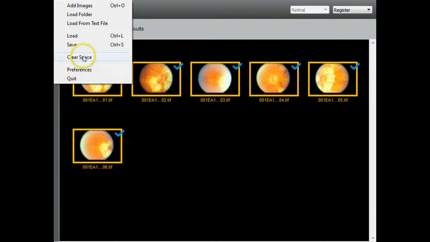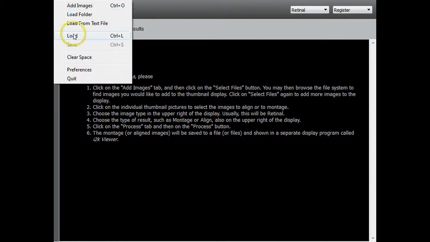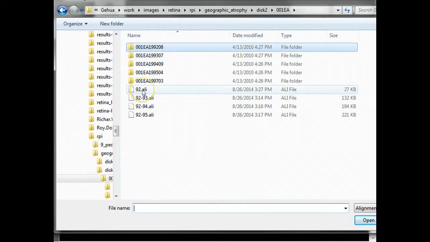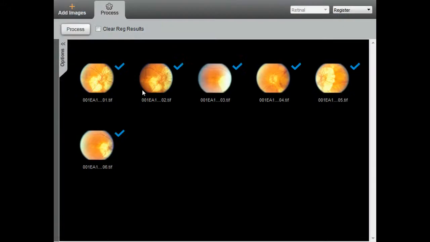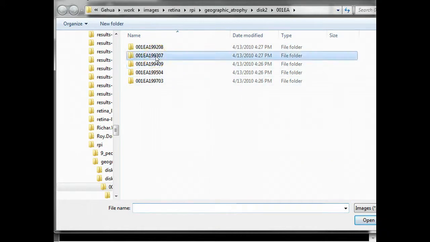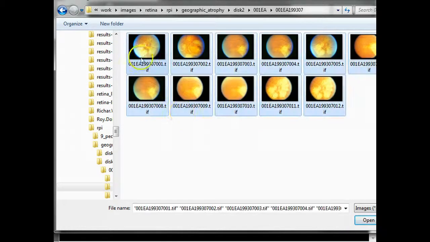So in the file menu, we clear the space, and instead of starting from scratch, we can load the results that we previously generated. So here, go to the load, and then go to the right folder and pick this 92.ali file. And as you can see, these blue check marks indicate all these images have been registered. Okay, now we just keep adding more images to this data set, and we'll go to the 1993 and again select all the images,